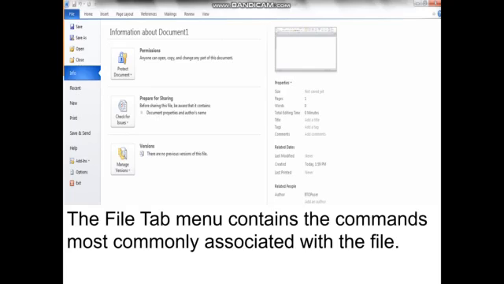The file tab menu contains the commands most commonly associated with the file. जो कमांड फाइल से सबसे ज्यादा एसोसिएटेड होते हैं, फॉर एग्जाम्पल सेविंग अ फाइल, है ना, किसी फाइल को सेव करना, दिस इज द मोस्ट कॉमन थिंग। नेक्स्ट इज प्रिंटिंग अ फाइल। These are some of the most commonly used commands associated with